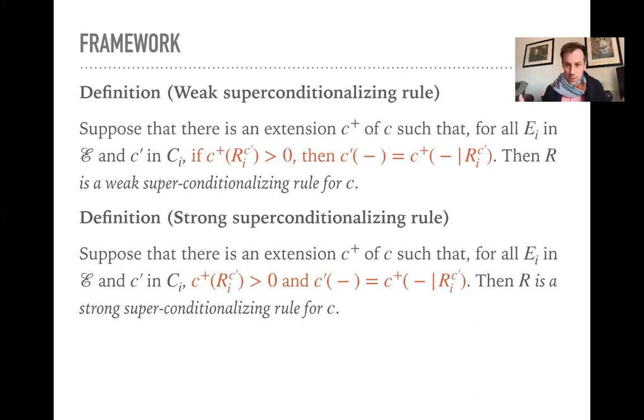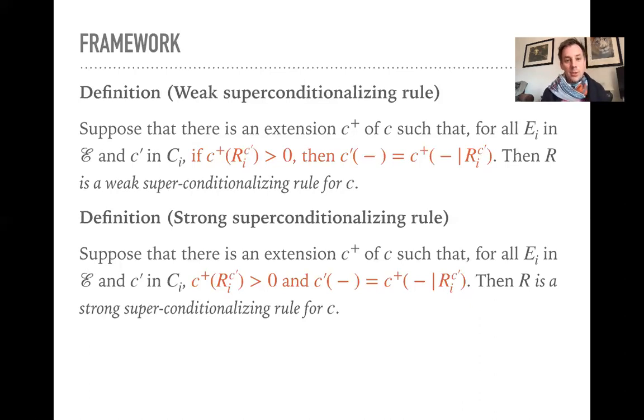But suppose we expand out the set of propositions that you have an opinion about, so that you also have an opinion about how you will respond to the piece of evidence. You don't just have an initial credence in the piece of evidence, you also have a credence in how you'll respond to it. And suppose it's possible to expand your credence function so that it assigns credences to these propositions about how you will in fact respond, in such a way that each of the different permissible credence functions you have in response to a piece of evidence is not necessarily the result of conditionalizing on the evidence, but is the result of conditionalizing on the stronger proposition that tells you not just what evidence you got, but also what credence function you adopted. In that case, we would say that your updating rule is a